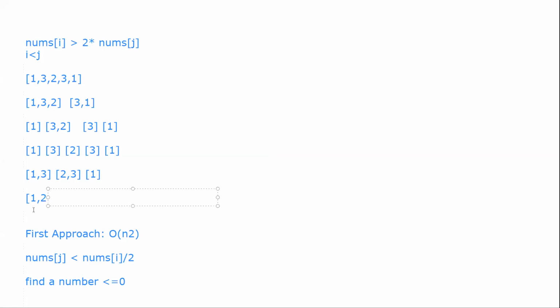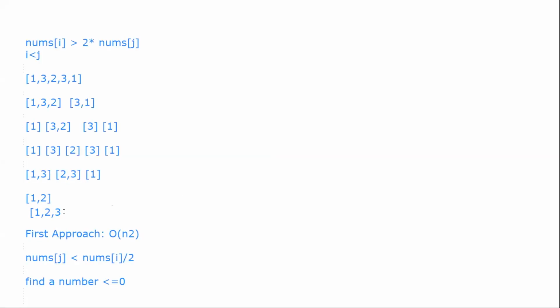When you merge these two arrays, it will be 1, 2, 3, 3. Right, so I'm getting 1, 2, 3, 3.